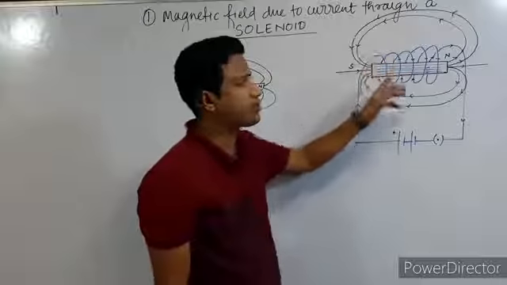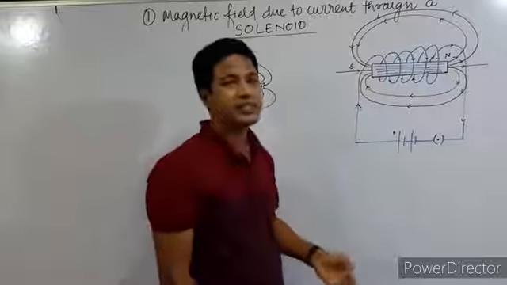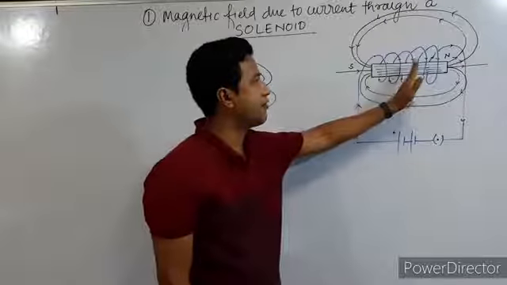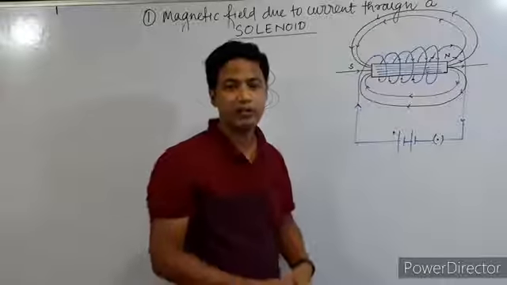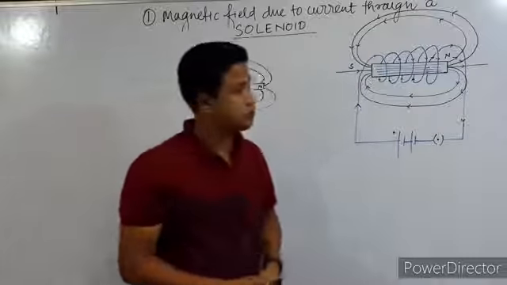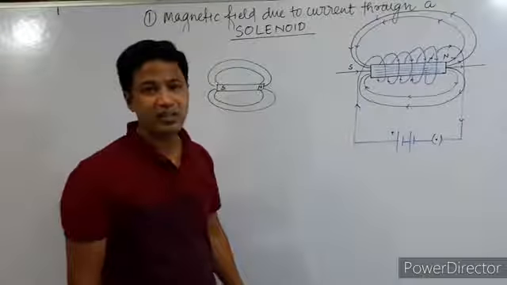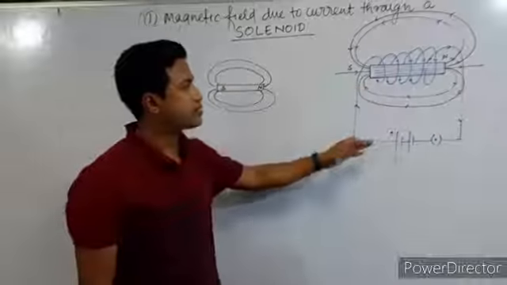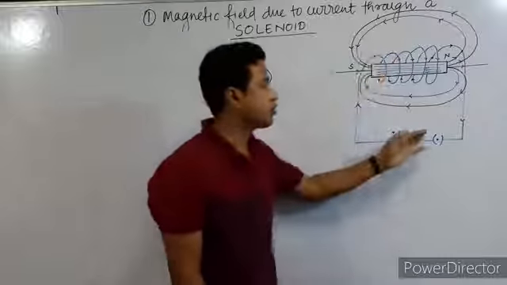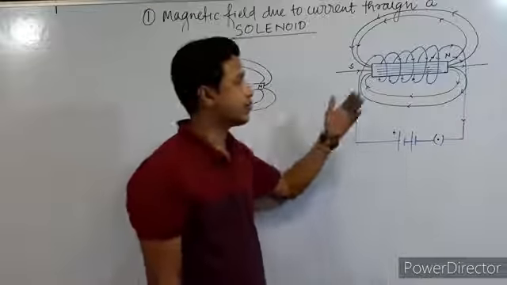But when it comes to the circular rings, what I have found is that the strength of the magnetic field adds up with each and every ring. Meaning if we increase the number of rings, the strength of the magnetic field increases. The next thing is, if I increase the current inside the solenoid, what will happen? The strength will be more. The more current flows through the solenoid, the stronger the field it creates.